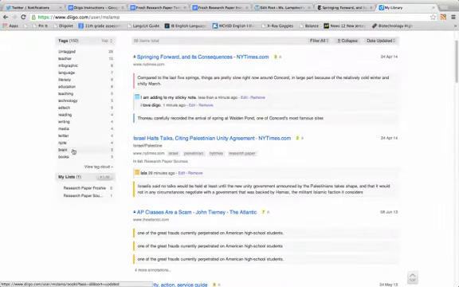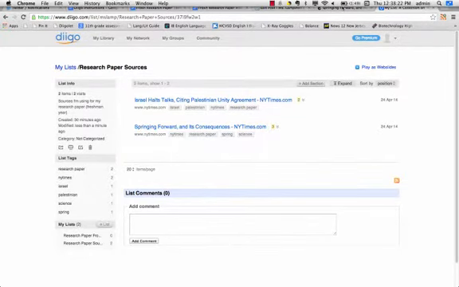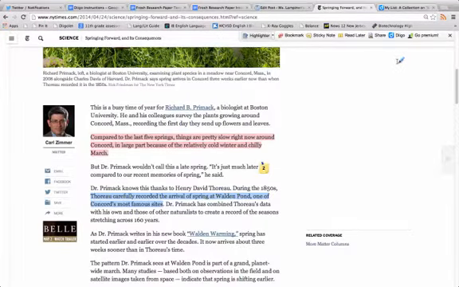Once I go back to my library, I'm going to go to Research Paper Sources. And there it is, Springing Forward. Now I had already put this one in there earlier. So what this does is it lets you create a list of sources that you want for one topic all in the same place. The other thing that I'm going to show you how to do,